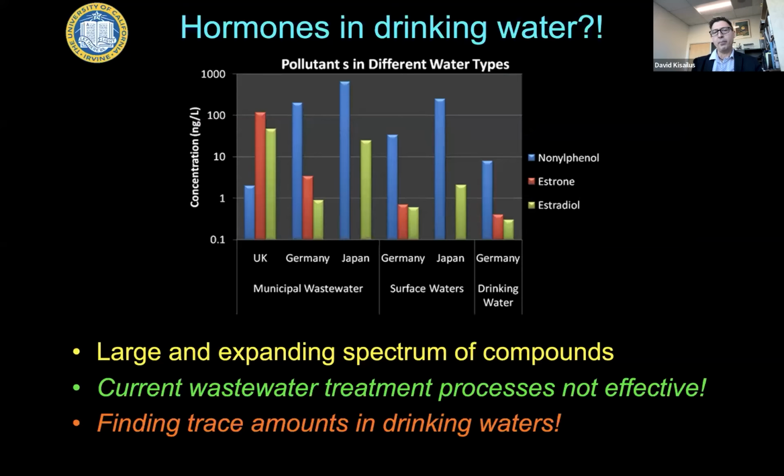This is just an example. When you take ibuprofen, if you have a headache, when your body ingests this, you process about 50% of that and you excrete the rest out, flush the toilet, and it goes to a wastewater treatment plant where you hope that it will then scavenge and not allow that ibuprofen to continue back into drinking water. It's a good time for me to take a drink. But in fact, it does. And some of these compounds are being found. These are birth control drugs here that are now being found in drinking water. So those are very dangerous for the human body.